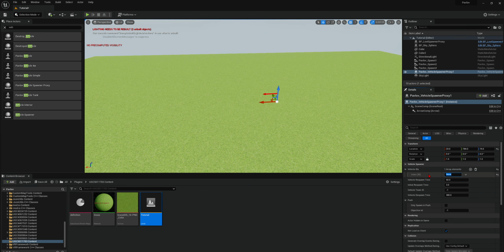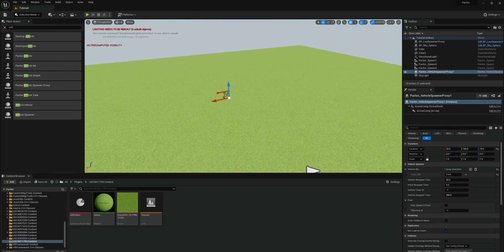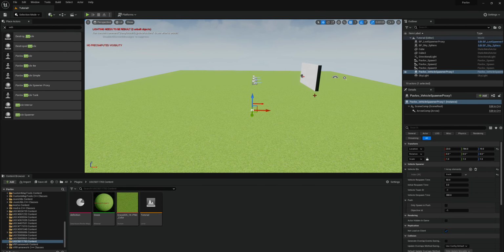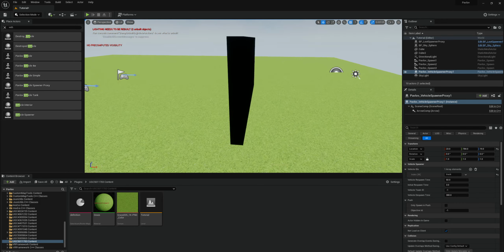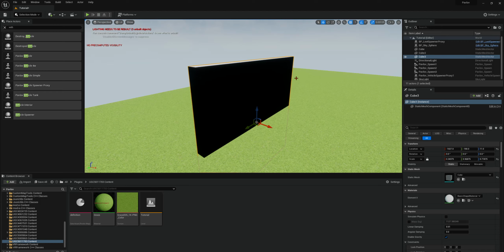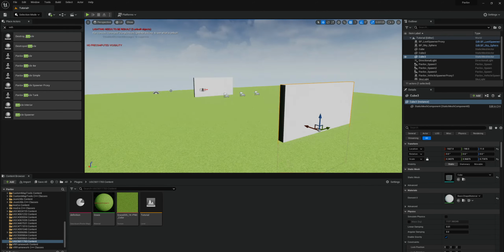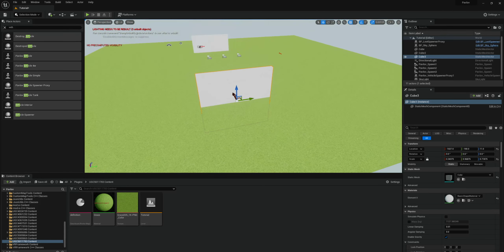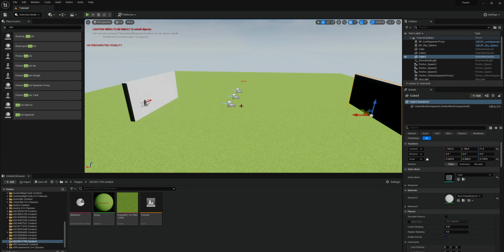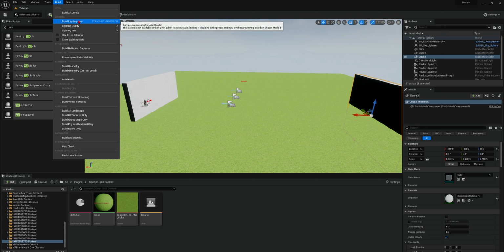So you just want to remove none and paste truck, and now it just spawned a vehicle. So yeah. The next step in making your map is to build lighting. As you can see, this wall is black on this side and the shadow is not very good. This is because we have not built our lighting. So what you want to do is press build lighting only,